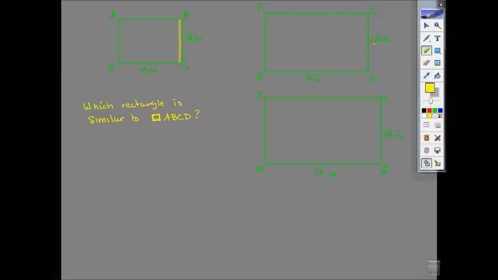All right, so what we look at is I have that side BC corresponds to side FG and side KL here. And then side DC corresponds to HG and LM. Okay, so corresponding sides are going to be in the same position. So what I do is I set up